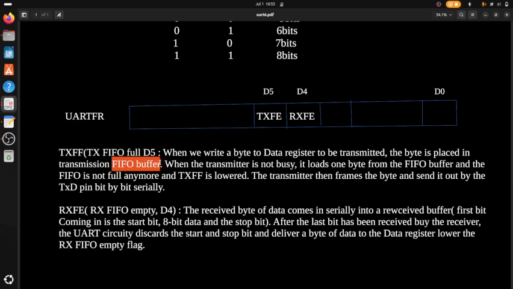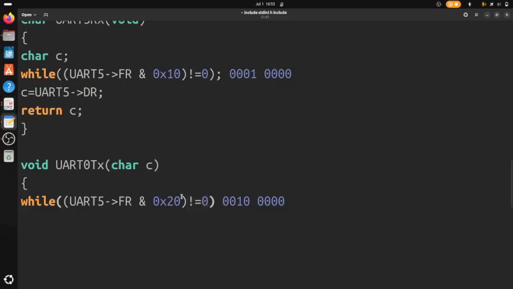It takes some time, so we need to wait. When the waiting is over, that means when the data is in the buffer, this will be equal to 0, and thus the transmitting FIFO full flag will be set by putting its value equal to 0. At that time, this will be equal to 0. When it is equal to 0, that means the flag is set. Then data will be transmitted, right? So we will write here